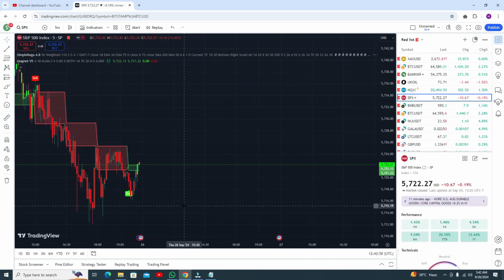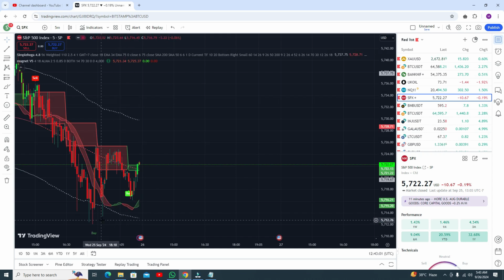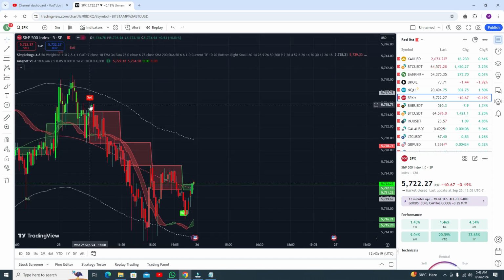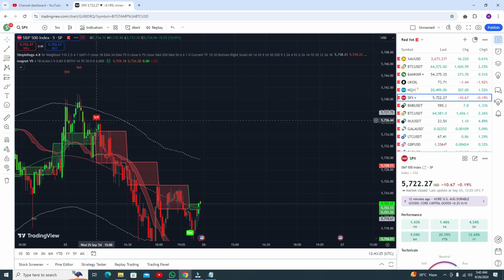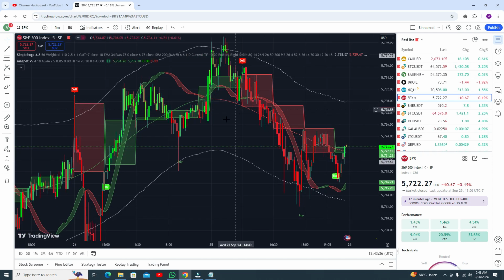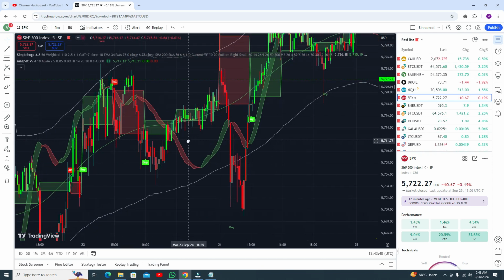SPX, oh no, this one is a buy signal, but unfortunately you did not get this buy signal. If you got it, definitely that will be our trade, but you did not get this buy signal here. In the previous one, you can see you can go for the sell trade, but you did not get this one. Here you got the signal, but from this point you are not getting the sell signal, so you can go for the sell trade because it's very close to the upper band line, so you can go. Let me show you results in some other here.